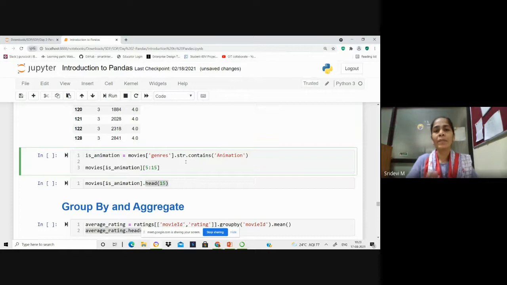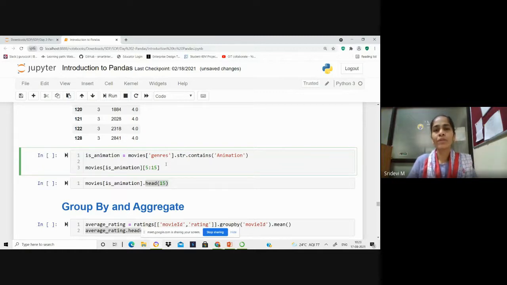Sometimes you may be interested in movies of a specific genre. Some like horror movies, some like animation movies, some like comedy movies, right? In such cases, you want to locate a particular genre among the genres given to a specific movie. We already noticed from the movies table that for one movie, multiple genres are assigned.